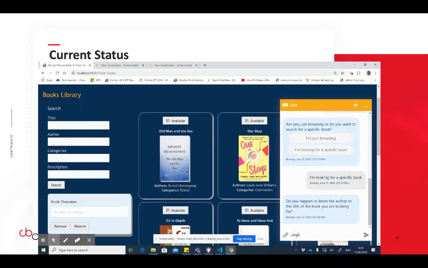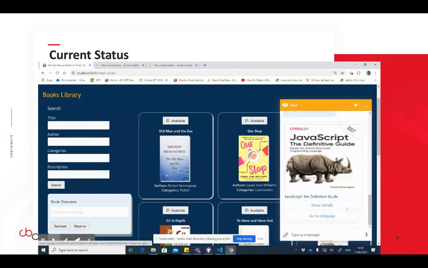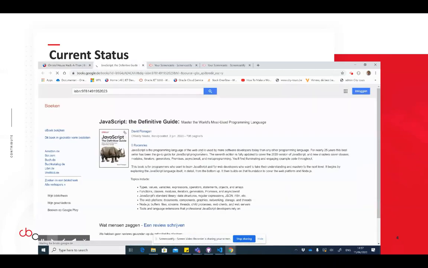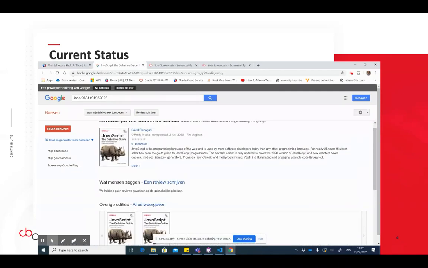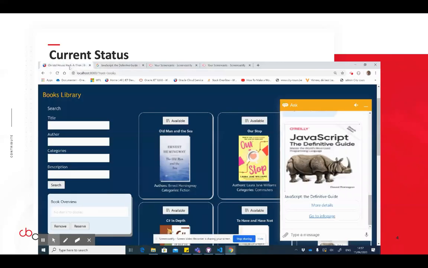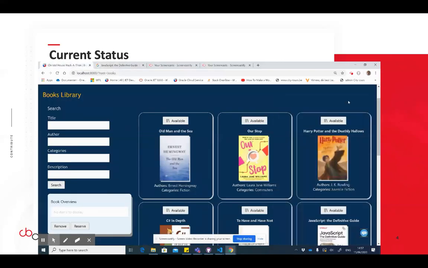Now this brings up a lot of capabilities, like integrating the Oracle Jet with the chatbot. Once you find a book, you should be able to click on the book, and then the book pops up in the Oracle Jet application where you can actually loan the book itself. Here is a small example of integrating external websites into your chatbot so people can have more detailed information about the book before they loan it.